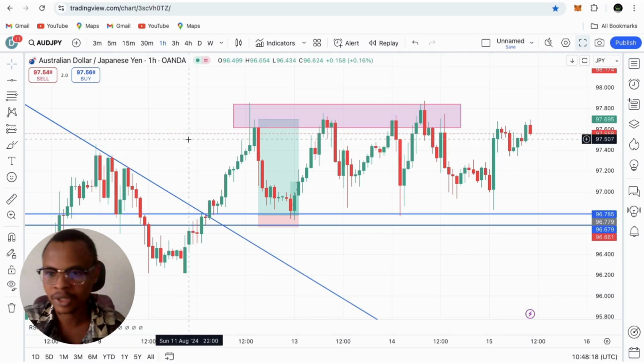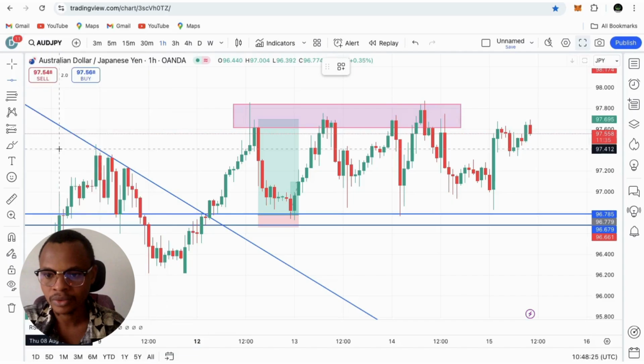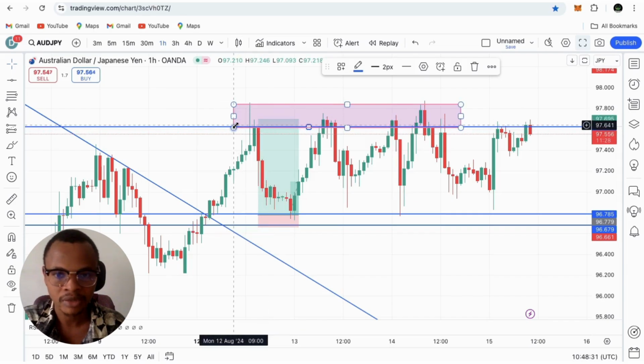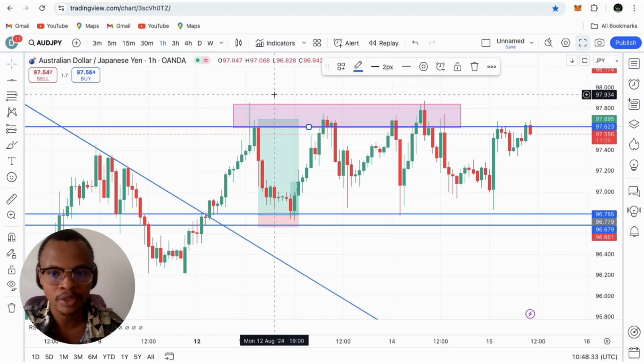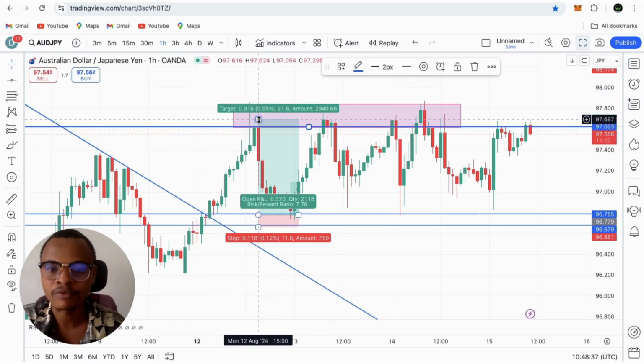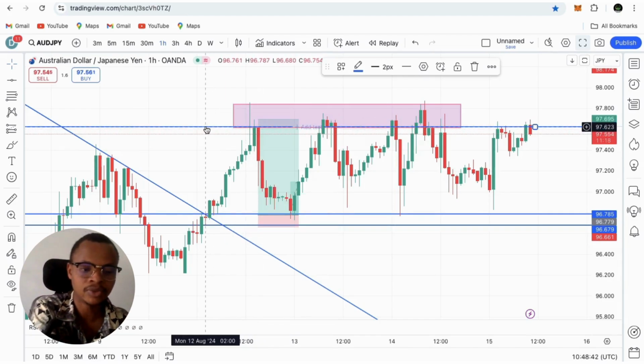But for this situation now, this is our previous high here. For this one now, this is our previous high here. So this is our previous high. So definitely it will break above the closing of this candle. When I'm not talking about the wick, I'm talking about the close of the candle. So my take profit was a bit above that candle, knowing fully well that if we are to be right, it will definitely break